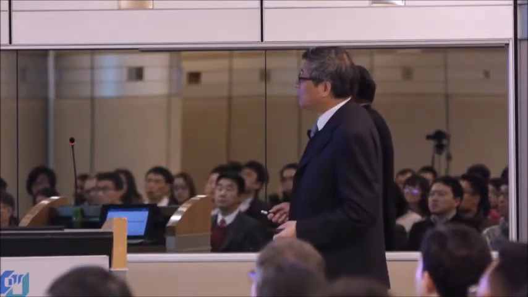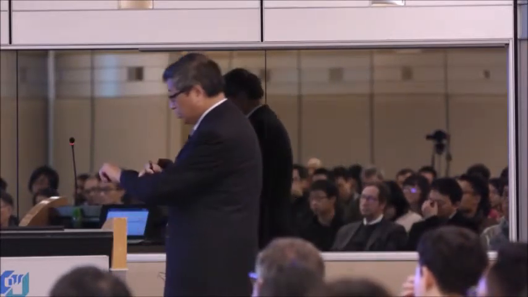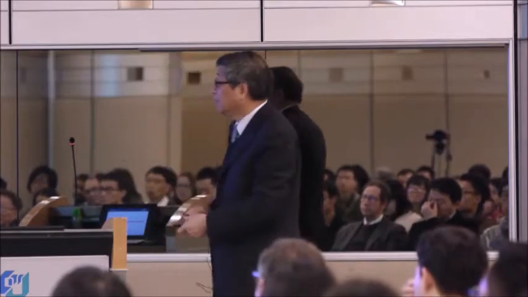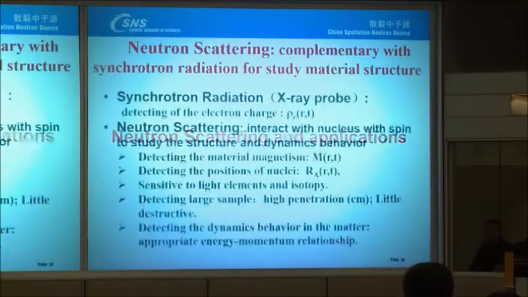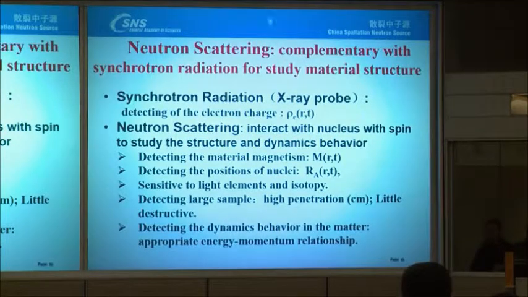So now I would like to introduce you to neutron scattering and applications. Neutron scattering is actually complementary with synchrotron radiation for studying material structure. Synchrotron radiation uses X-rays to detect the electron charge, and neutron scattering interacts with the nuclei and the spin to study the structure and the dynamic behavior of